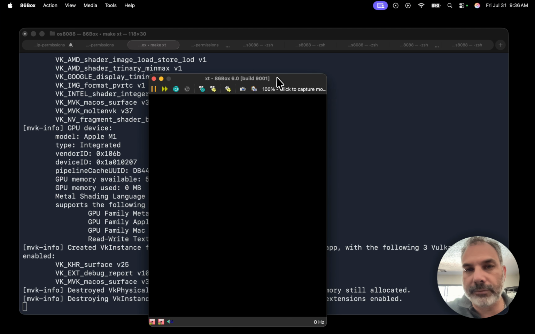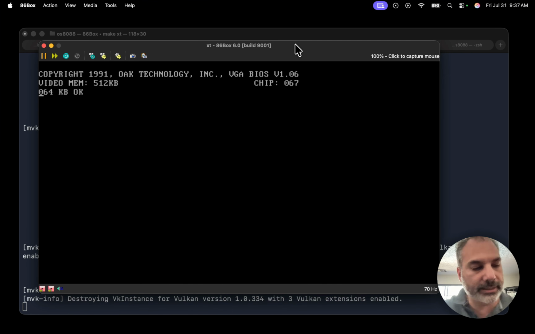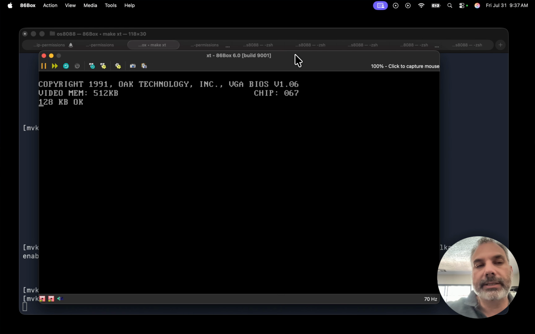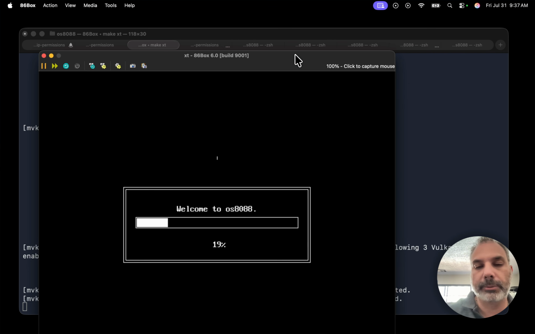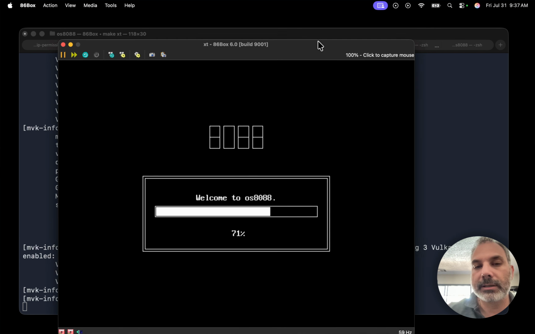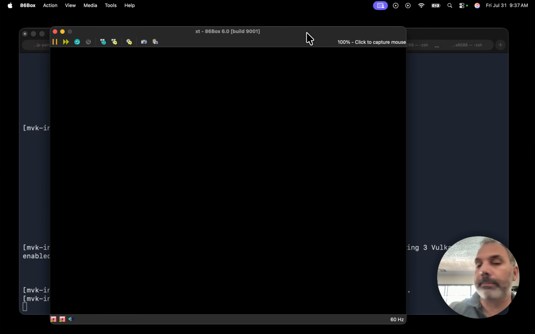Let's boot up the virtual machine here. This is a 86Box with an IBM XT with 256 kilobytes of RAM. And what we're going to show is that now every single application is going to have its own menu. And this is important because as I added a file system last video, for FAT16 and FAT12 support, I wanted to make sure that we could have a way to load and save files, and also build more comprehensive